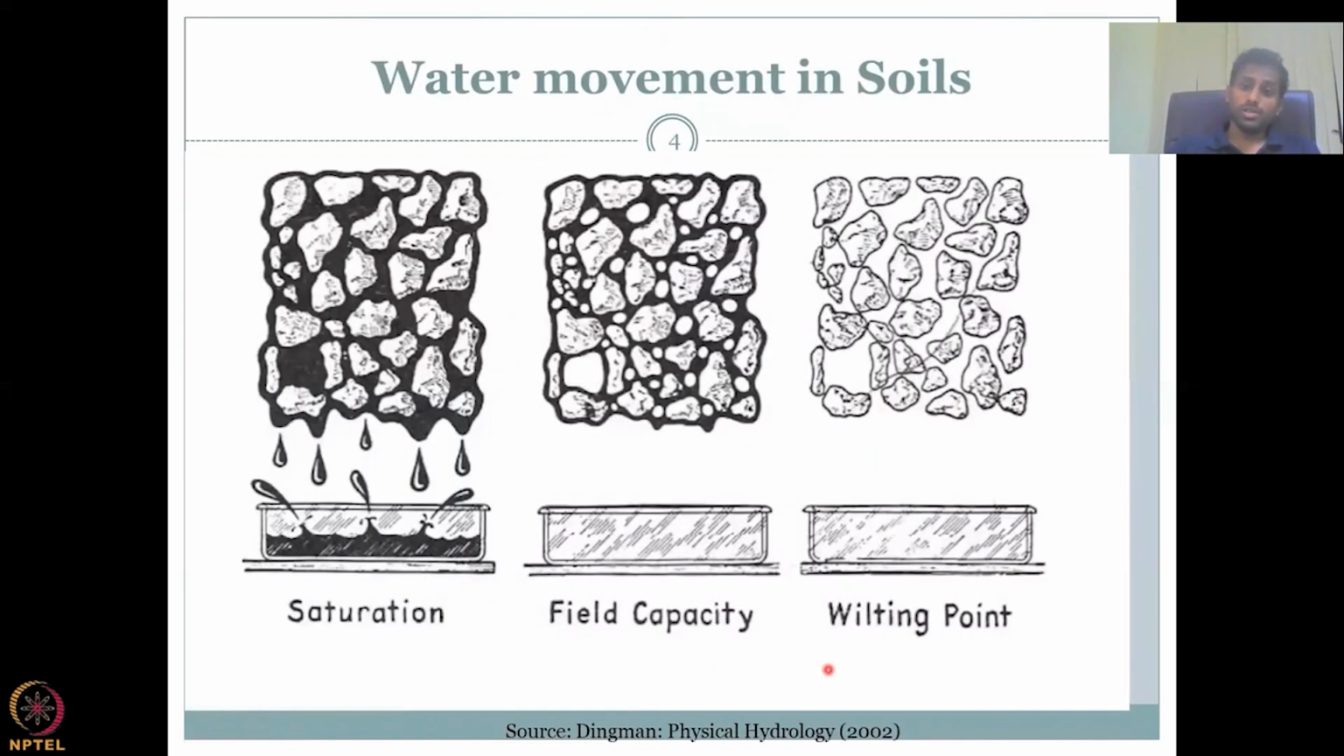So water movement in soils is also very interesting and important to understand. In this course, what you'll see is we'll define porosity. We'll define this pore space and how it's calculated. Then we will identify how water comes into these pore spaces and how it becomes saturated, field capacity, and wilting point. So just to give a brief, saturation is when all the solid particles are present along with water,